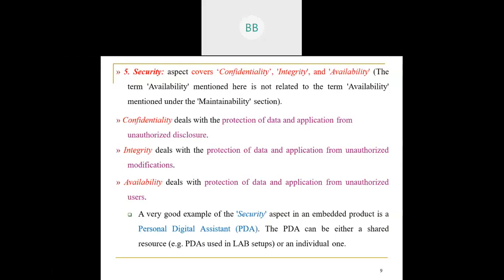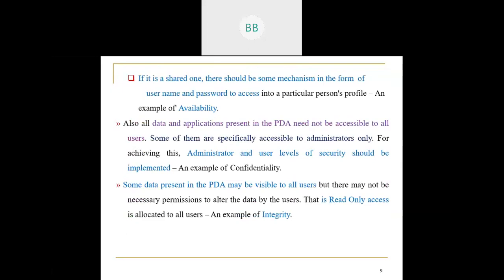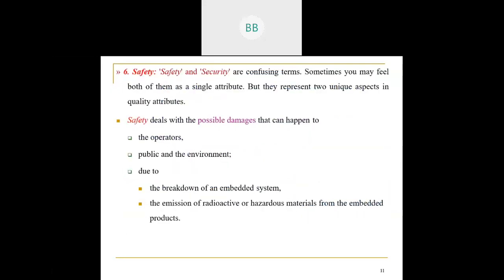Confidentiality deals with the protection of data and applications from unauthorized persons. Integrity means protecting the data and the applications from being modified by an unauthorized person. Availability means making the data available to the authorized users and not to the unauthorized users. On the other hand, safety deals with the possible damages that can happen to the operators or even to the